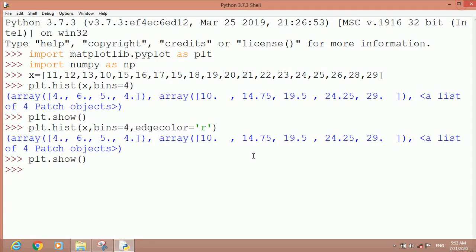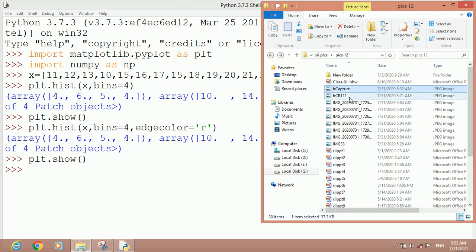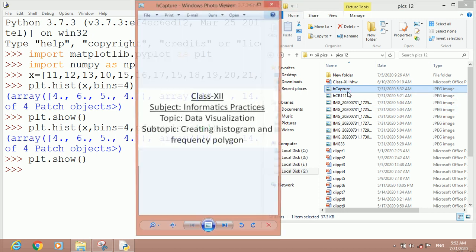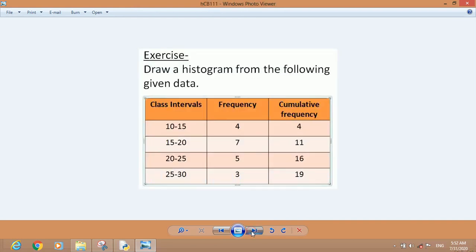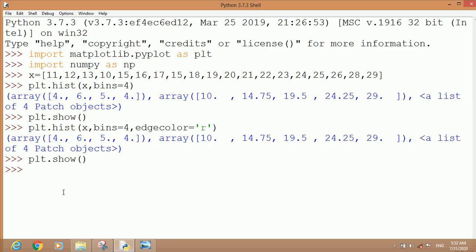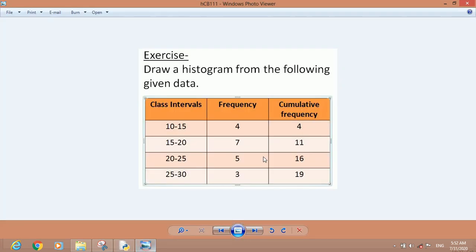Now another attribute which I would like to tell you, as here we had shown, is calculated cumulative frequency. So in cumulative frequency, what happens? In the last video I had told that in cumulative frequency the previous data items are added, like this one will be added in this one.